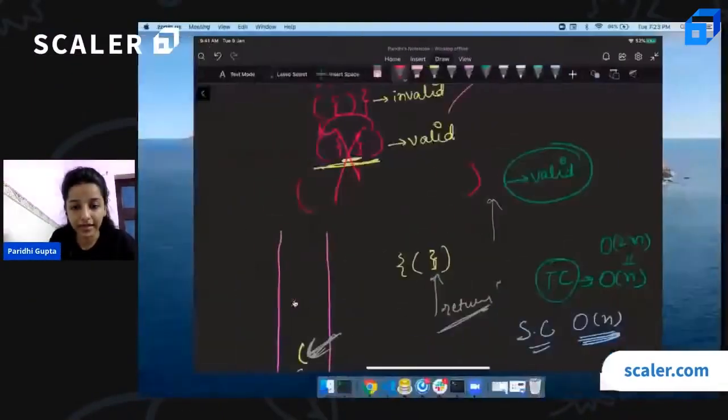So the intuition is that we can clear up something previously to get just the answer. As I was talking about, step by step we made the intuition: inside of it will also be balanced. So if we can remove it, we can simply look at the rest. That's what I want to do. We can simply remove it, and that is possible using stack. Okay, so let's move forward quickly.